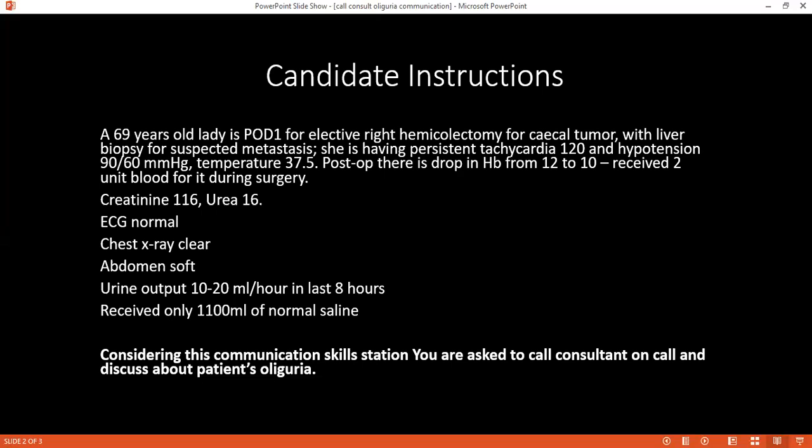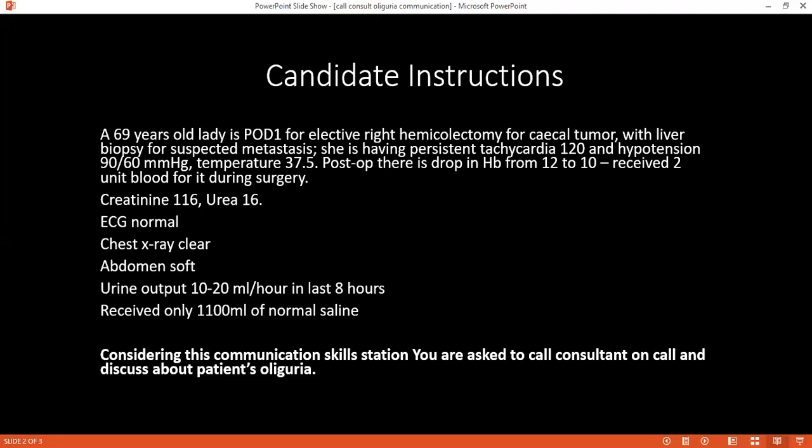What would you do if HDU is full? How would you manage the patient? If it's full, I will closely monitor the patient in the ward until there is a bed available for her, and I will talk to the bed manager. I will improve her saturation level by giving her high-flow oxygen by oxygen mask and reservoir bag. Good. And you'll talk to the bed manager and arrange it.